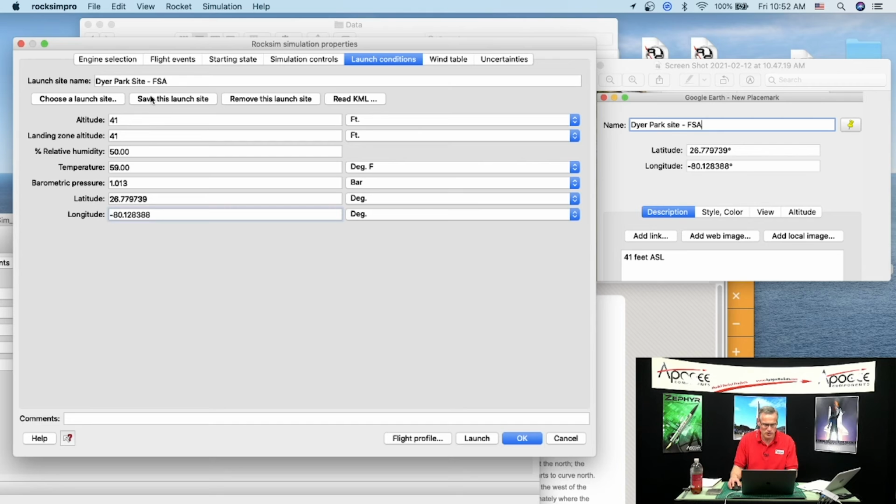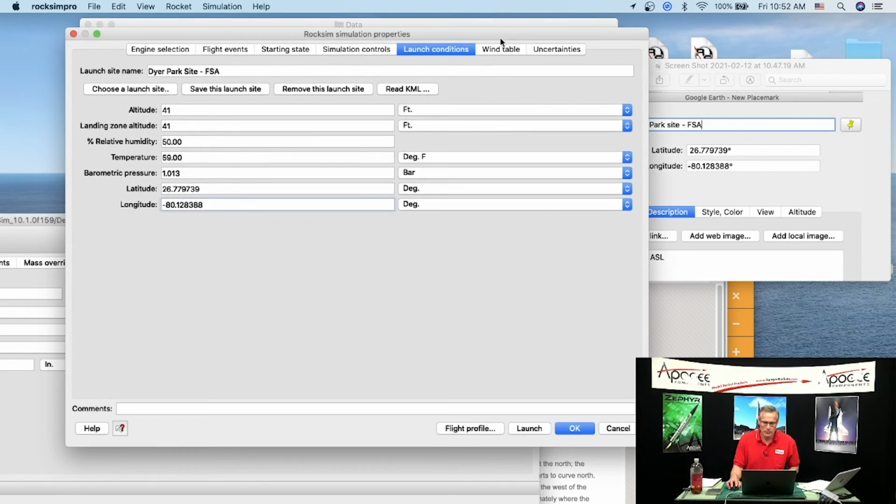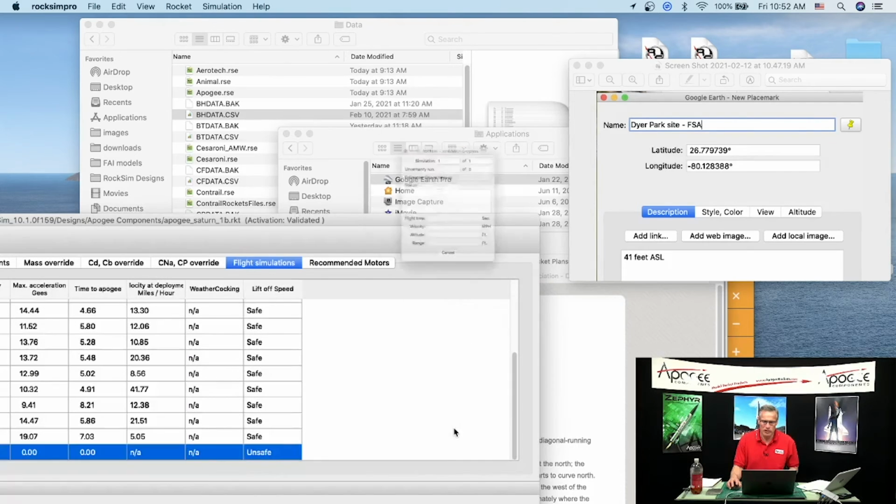And I'm going to save this launch site so it's in my database. This is what I want you to do: find your launch site, where your high power pad is located, and send me this information. I want to know the name of the site, the name of the club, the latitude and longitude, and the altitude above sea level. So that when we go running a simulation,